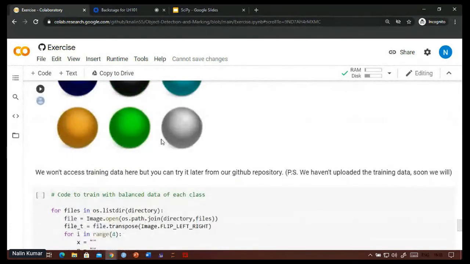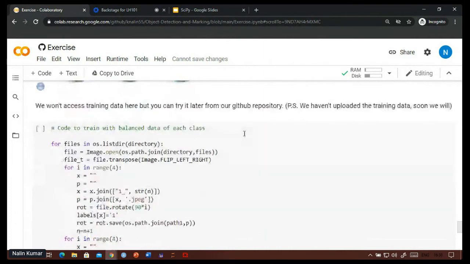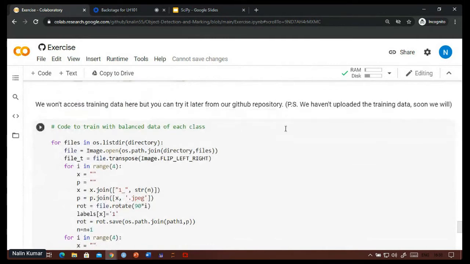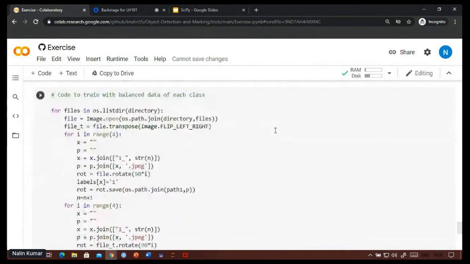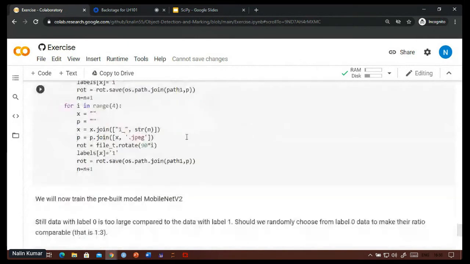So this way we can create or generate more label 1 images. However, these are only 7 times the original one, so we'll need to remove the zero labeled images. So these are the code for that.